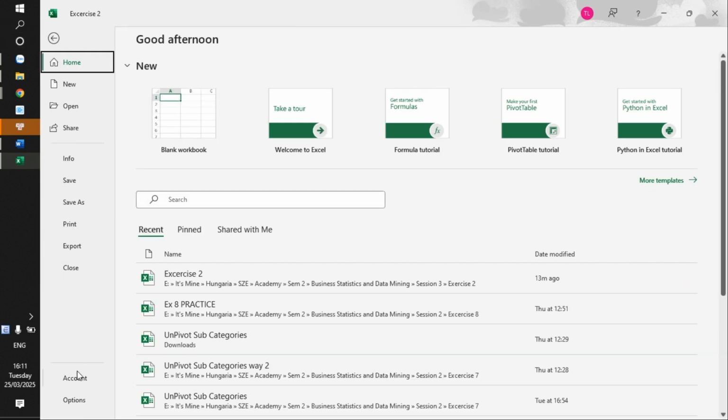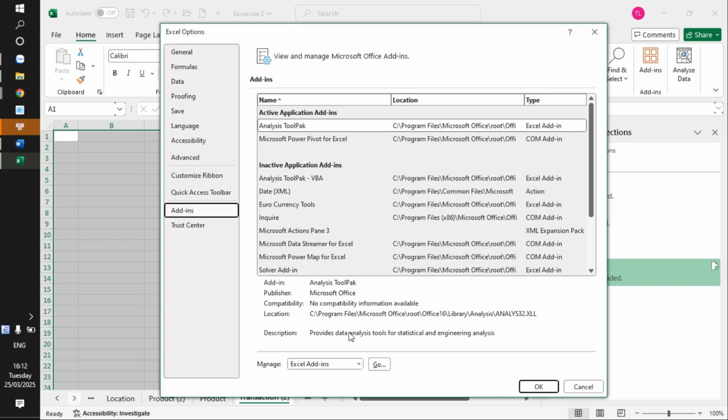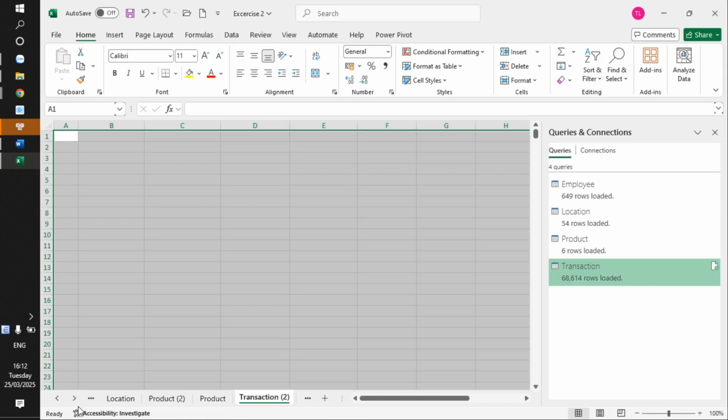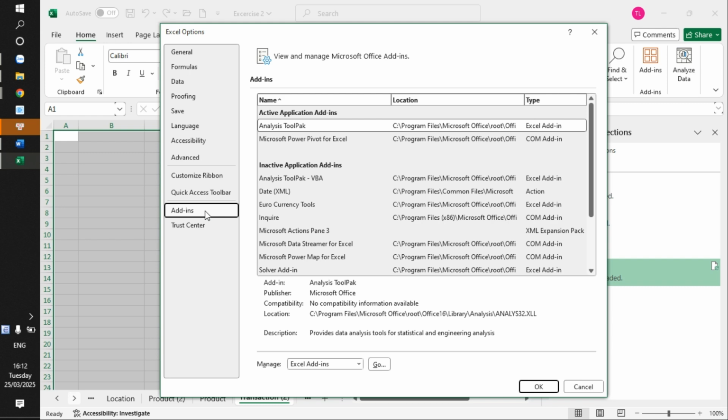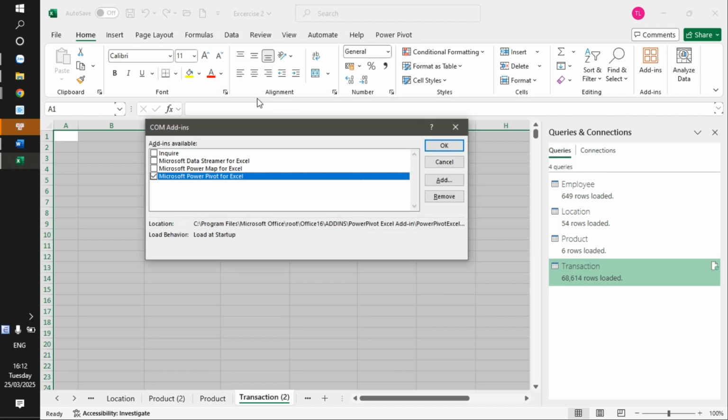File, options, add-ins. You can find here Power Pivot, and the last one in my list, Microsoft Power BI for Excel. You can select